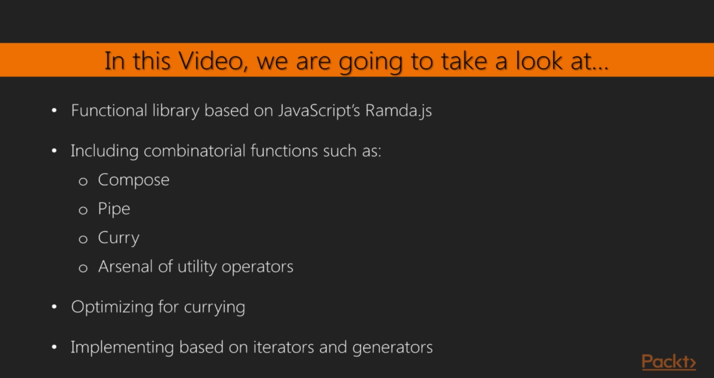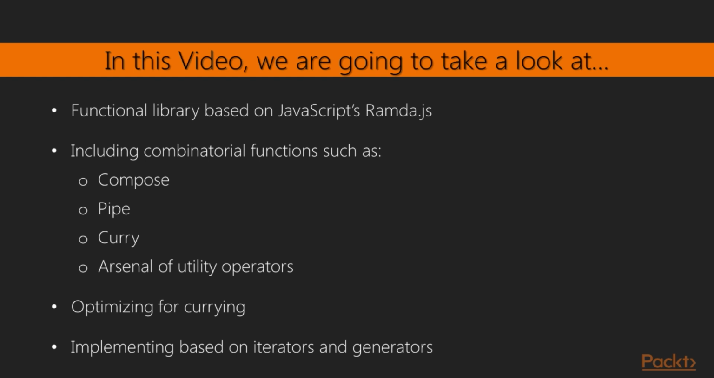pRamda is a functional library based on JavaScript's Ramda.js, and it includes combinatorial functions such as compose, pipe, and curry, as well as an arsenal of utility operators that are going to help you do very mundane tasks such as counting, sorting, splitting, and dealing with arrays in various ways. The most important quality of pRamda that sets it apart from any other functional library is that